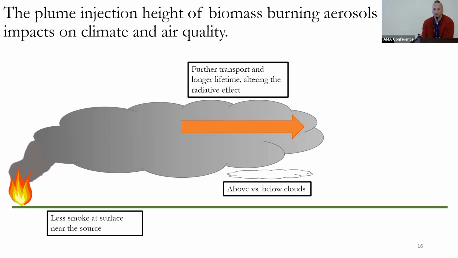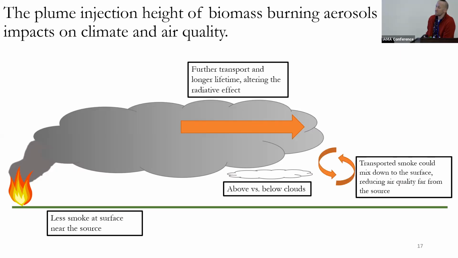It's going to impact whether those smoke particles that are somewhat absorbing are above clouds. So clouds are very white. So if you put smoke above them, it might be more absorbing than the clouds. And so you could have a warming effect versus if they're below the clouds, then the smoke doesn't matter because the clouds are blocking them. And then eventually somewhere, unless it gets rained out directly from the free troposphere, that smoke will get transported back down to the surface and impact air quality, at least to some degree elsewhere.